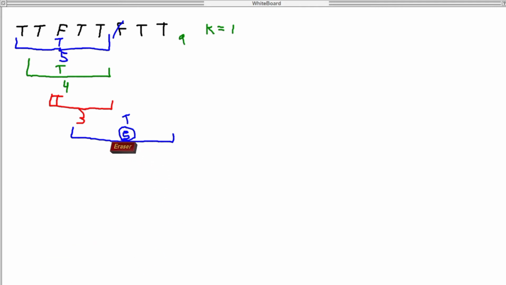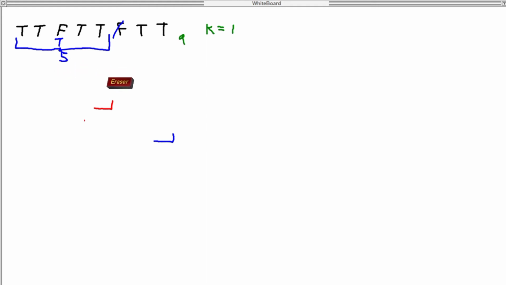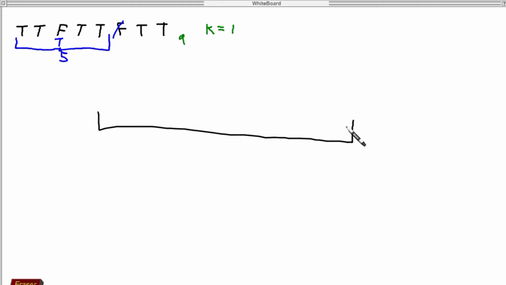Let's say we have a string from index i to index j. In this string we can make all characters t or f.